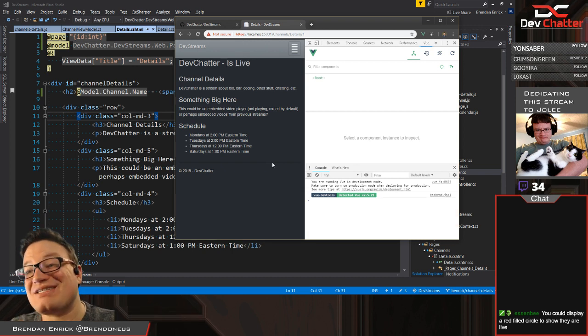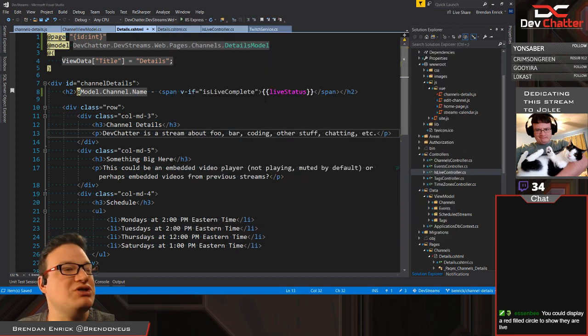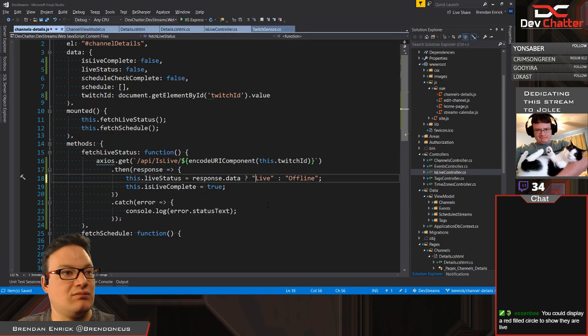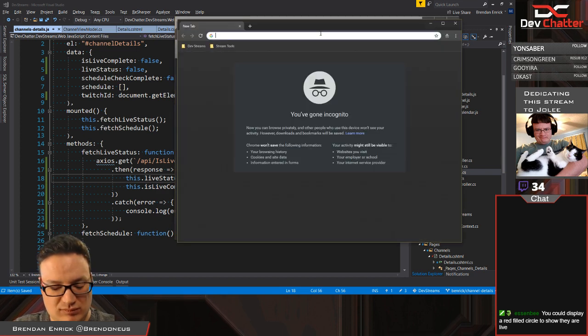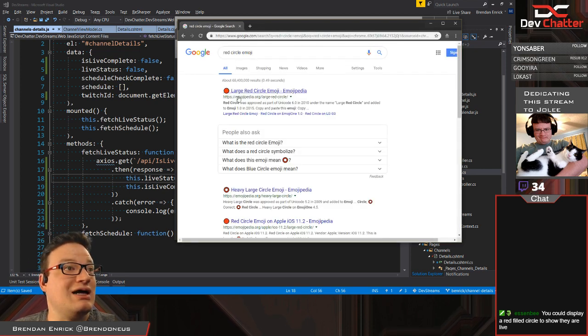Changed the file, didn't save the file. Yes, exactly, SMB. I'm going to do the little red circle. That is my plan. Which, actually, maybe we should just say live and the circle. That's the one.